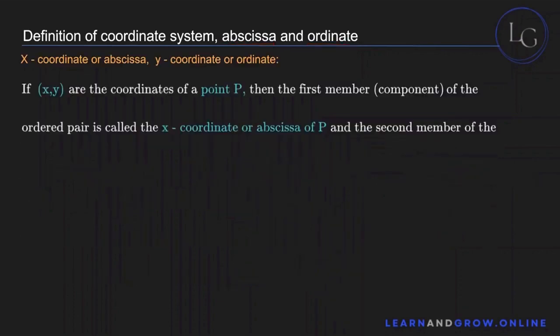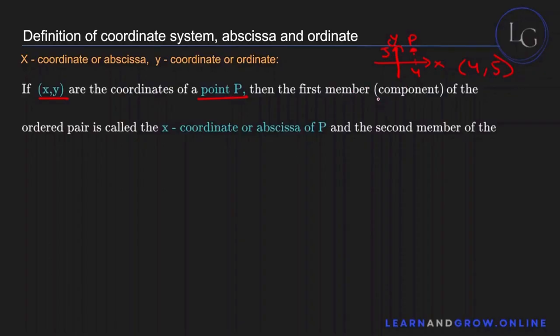Now, if x, y are the coordinates of a point P, so for example, if you have this axis over here, this being the positive y-axis and this being the positive x-axis, and this is the point P over here, right? It will obviously have some x value and it will have some y value, okay? And let's say the x value is 4 and the y value is 5, then you can write it down like this, (4, 5),